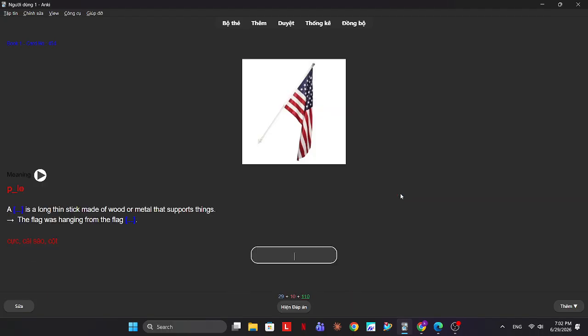Remove. A pole is a long, thin stick made of wood or metal. Pole.